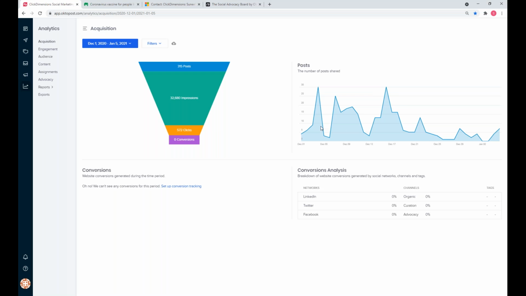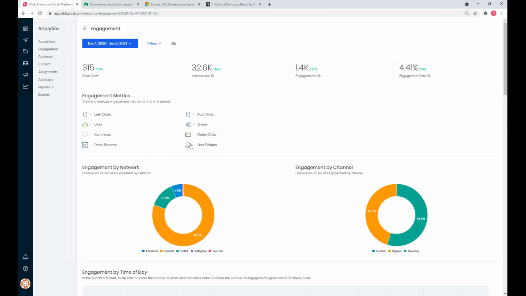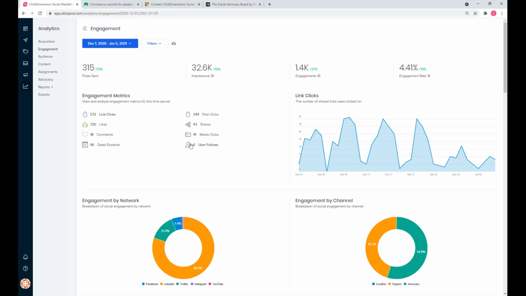Gets really excited, guys, when we actually start looking at the engagement metrics. This is my favorite report. This is my favorite dashboard, because now as a social marketer, I can actually start to set goals and understand my benchmarks further. Guys, I have 315 posts. I can double this easily. I already showed you how we could take existing content and we can split that up into bite-sized pieces. I already showed you how we can search for viral content and share that as well. So I can easily get this up to 600 posts if I wanted to.